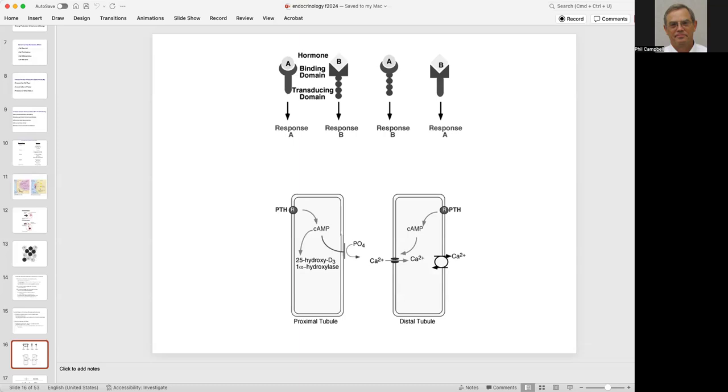Now, I'm a molecular biologist, and I like to screw up stuff. So I molecularly switch the binding aspects of B and put it on the transducing aspects of A, and put that on the transducing aspects of B. So what I've done now is that A will not result in the physiological changes associated with the native receptor for A, it will result in the one for B, because that's where I'm initiating the transduction domain for B instead of A. The whole point of this discussion is so that you realize that, even though they're in the same protein molecule, the ligand binding part is different from the transduction part. And I'm just using this molecular biology experiment to demonstrate that. All right. Now,